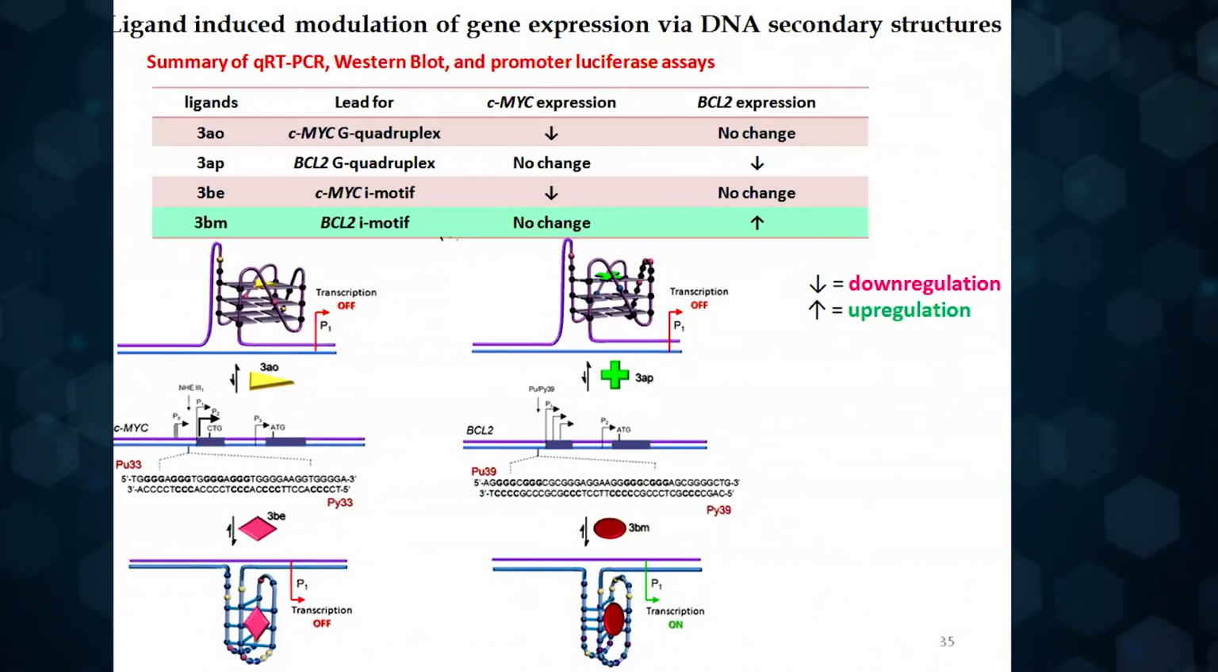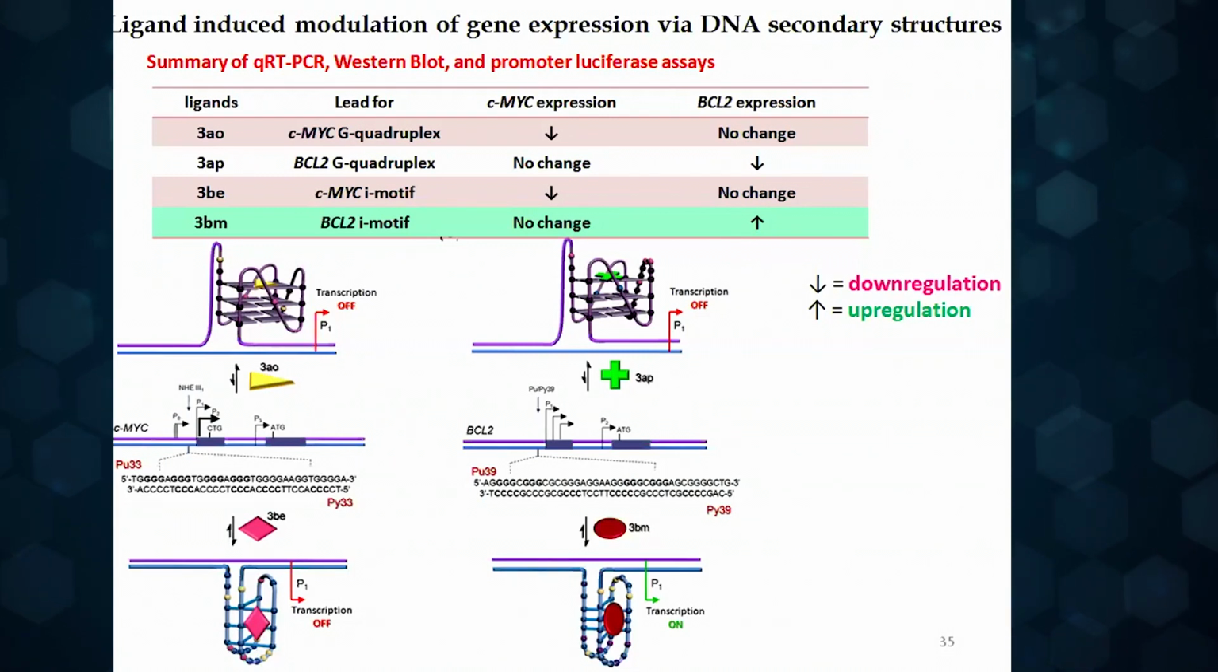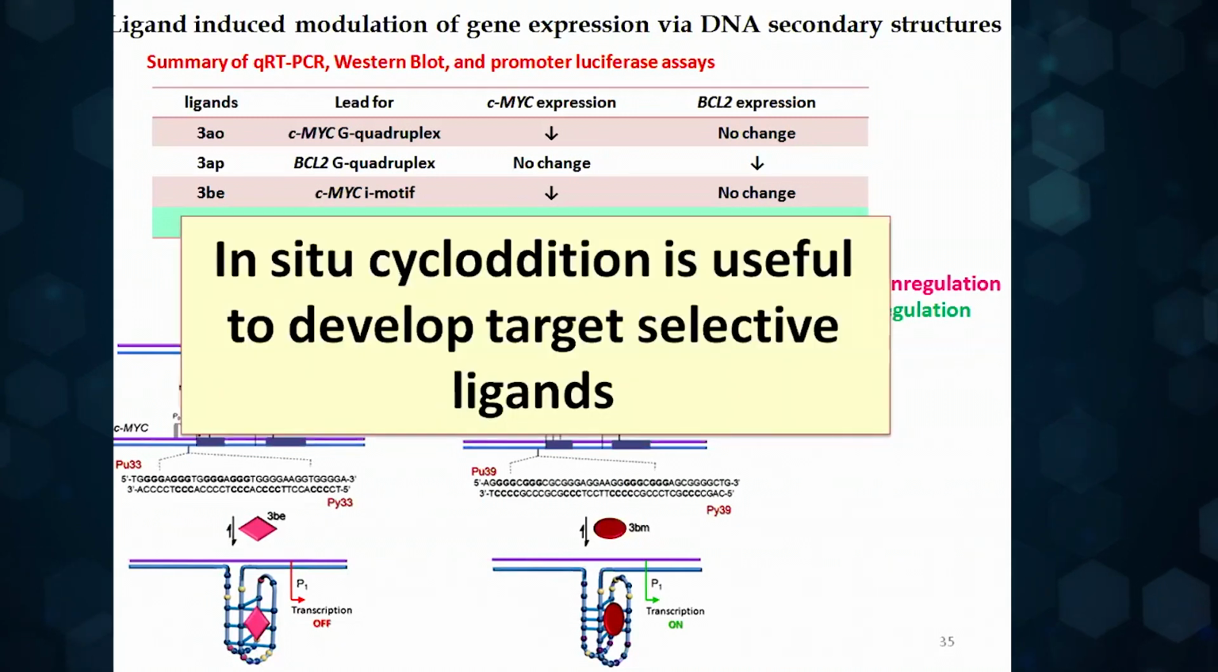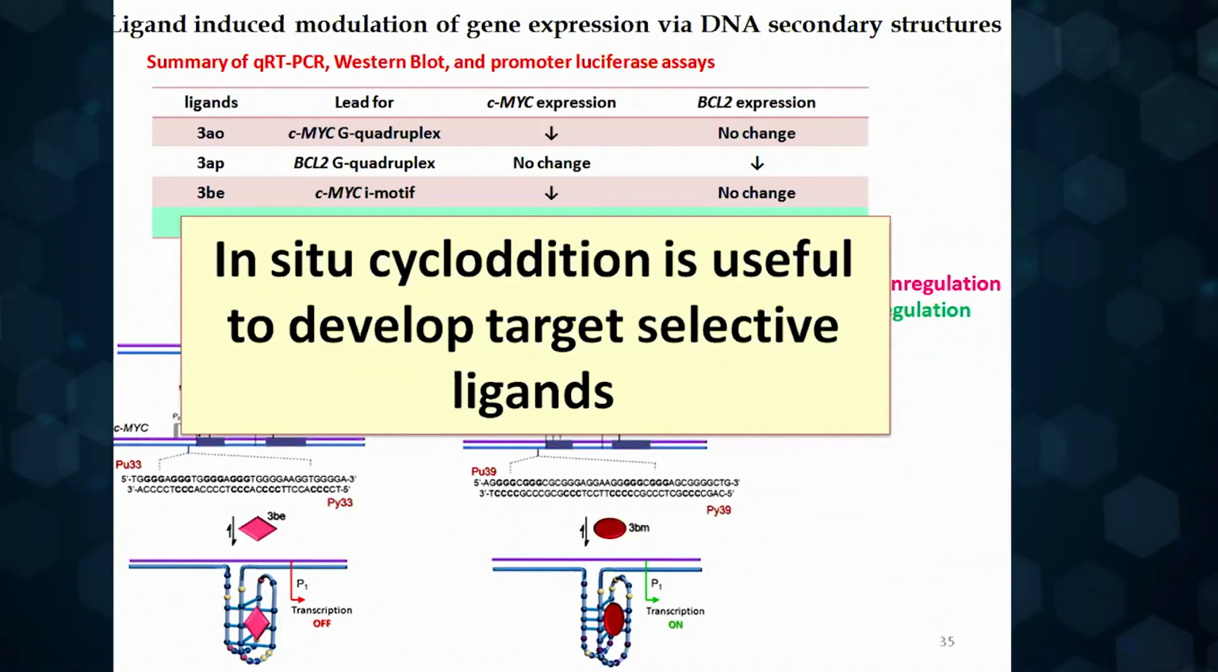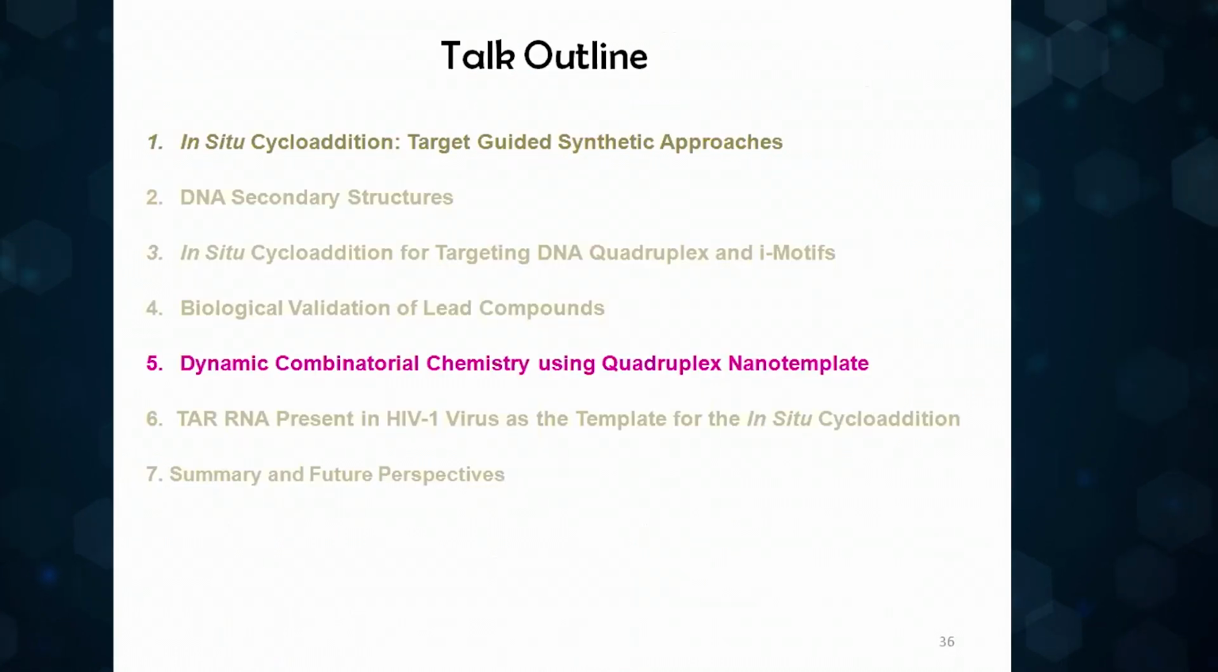In contrast, the BCL2 I motif lead upregulates the BCL2 gene expression. Therefore, targeting BCL2 I motif could be useful for neurodegenerative disorders that involve cellular death. So, to summarize, the in situ cycloaddition is very useful to develop target selective ligands with promising biological activities. So next, I would like to show you the dynamic combinatorial chemistry, as I have mentioned previously, that